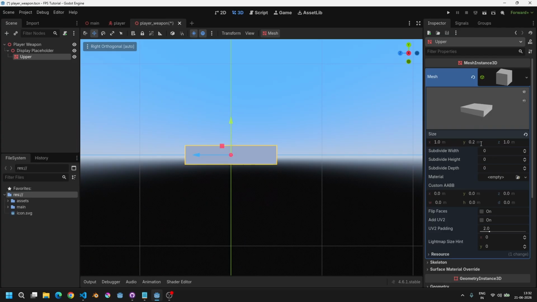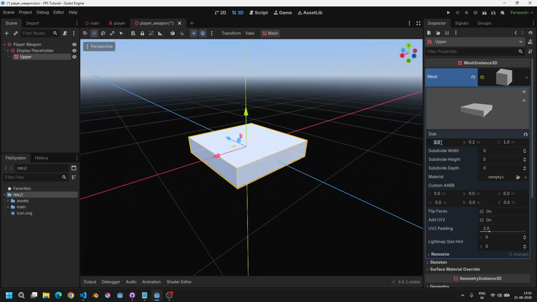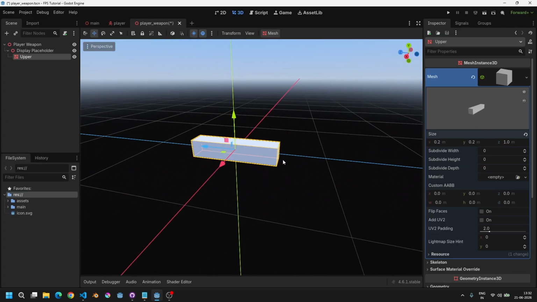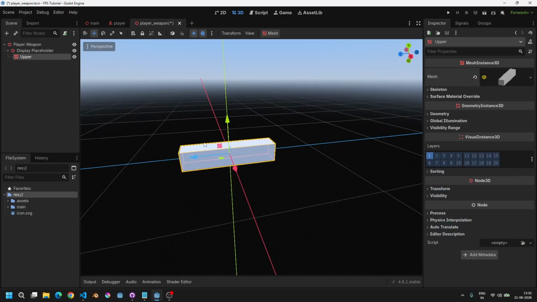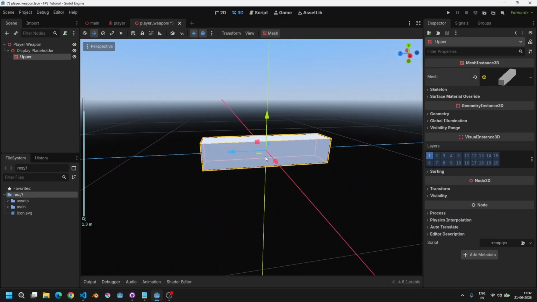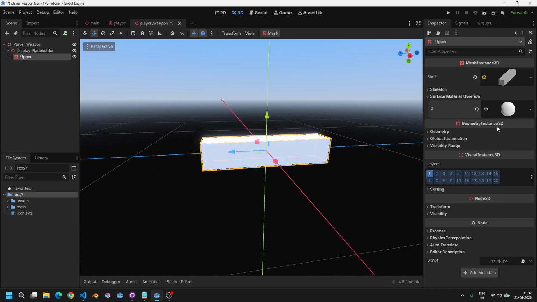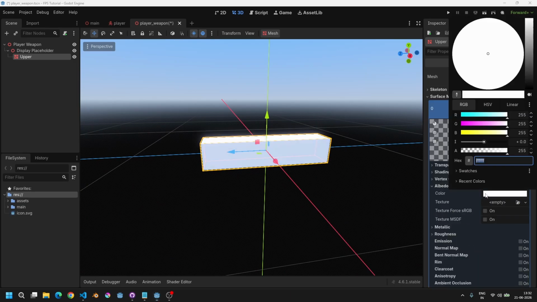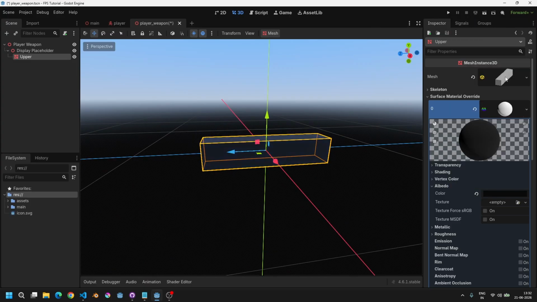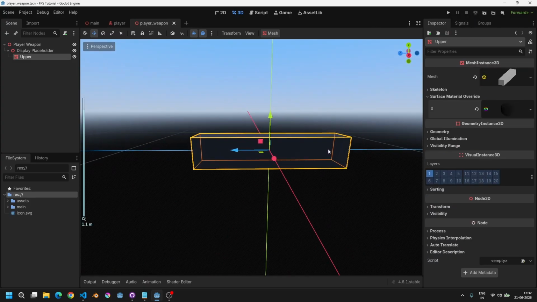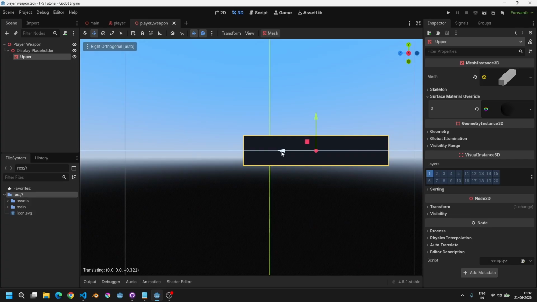Let's make it 0.2 and x as well as 0.2, and this is our upper, and let's also add a material to it. I will have a basic shade of black. Okay, so this is it,